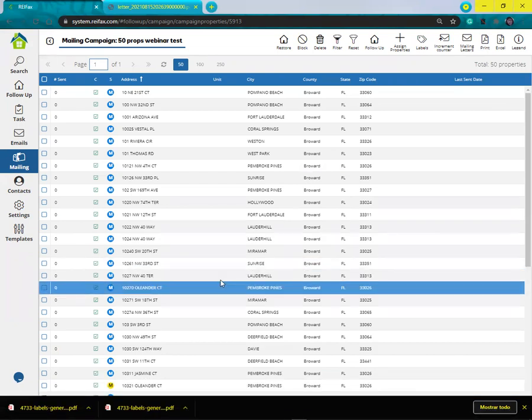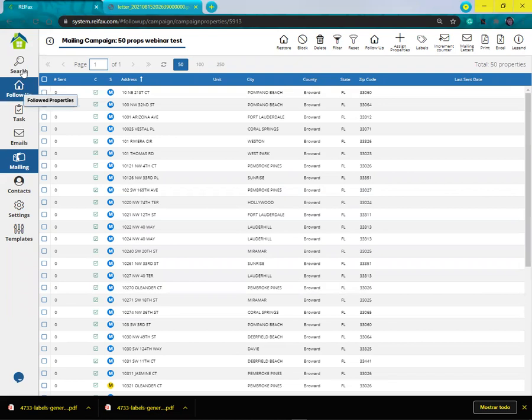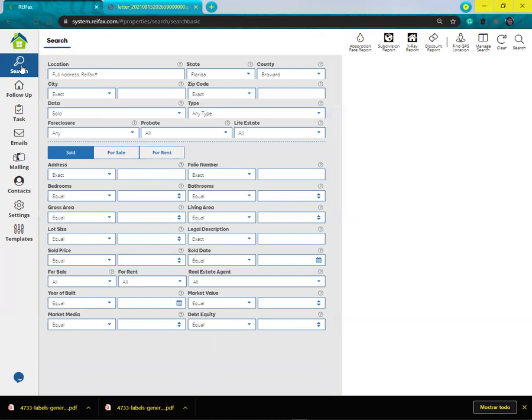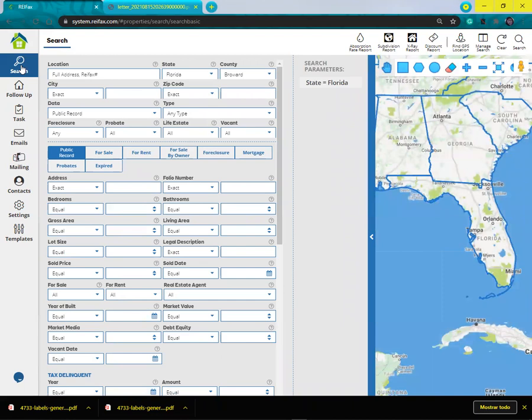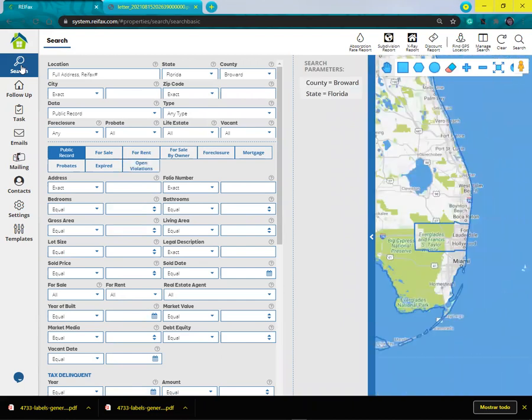So that's what I wanted to show you today, how to use the mailing campaign in the system. First of all, the mailing campaign is when you want to send regular mail to make your offer on properties, especially if they are off market. Because if they're active for sale, you would use the regular channels that the system provides, sending emails, calling the agents, because there's an agent involved. This is used for properties that have no agent involved in them,